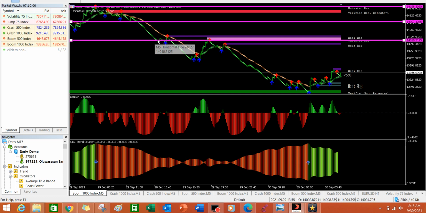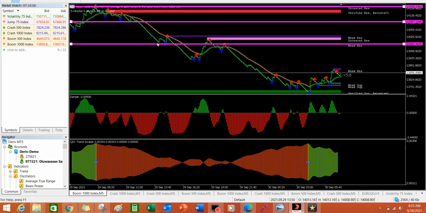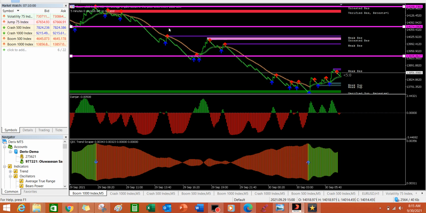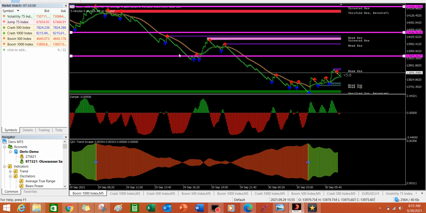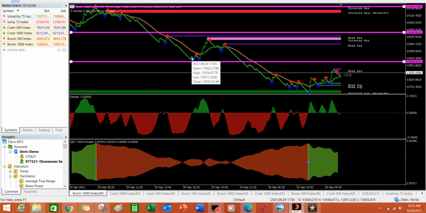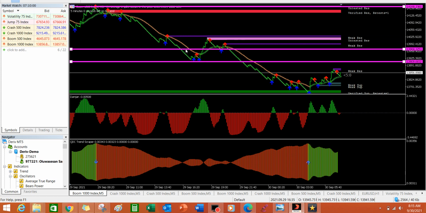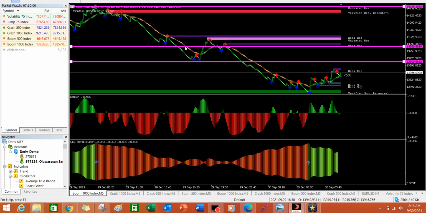Okay, you can see that spike happened here, but it was a small one. It didn't get to this stop loss. Another one happened here, and it still did not get to where the stop loss is. It went down again. So as it is going down, you are advised to adjust your stop loss, okay, so that you increase the profit margin. Okay, so this went down again, spike happened. You can adjust your stop loss. Okay, let's say you adjust your stop loss to somewhere here,